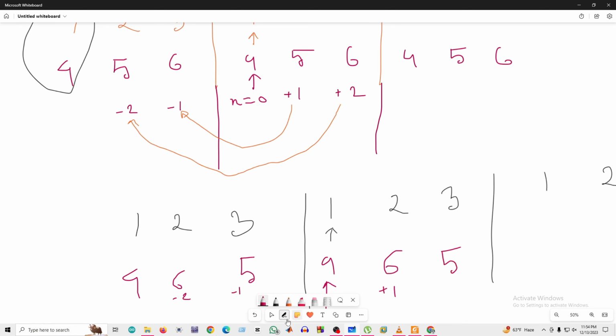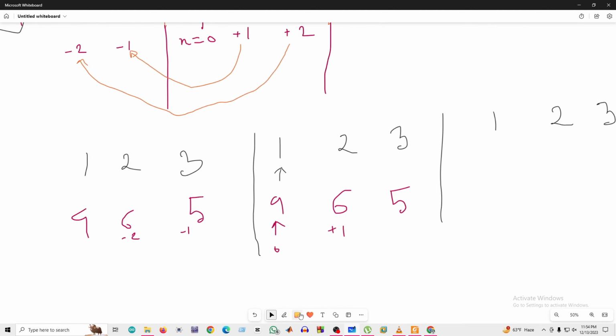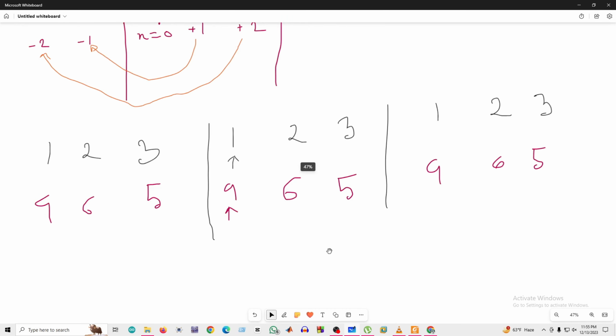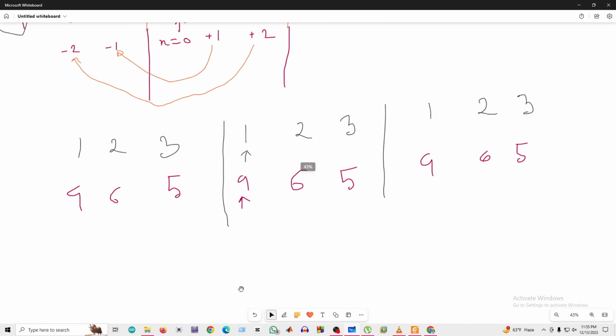সো আমি কিন্তু আমার ফোল্ডিং করার পরে পিরিয়ডিসিটি পেয়ে গেছি অলরেডি। সো এটা হচ্ছে 4 6 5 4 6 5। সো এর নিচে আসলে আমাকে লিখতে হবে 4 6 5। 4 6 5। তো সুবিধার জন্য আমি ইন্ডেক্স নাম্বারগুলো চাইলে পরে পেন্সিল দিয়ে মুছে দিতে পারি, ঠিক আছে। তো ফোল্ডিং করার পরে এই হচ্ছে আমার সিগন্যাল। এখন এই দুটোর মধ্যে আমাকে কনভলিউশন করতে হবে।